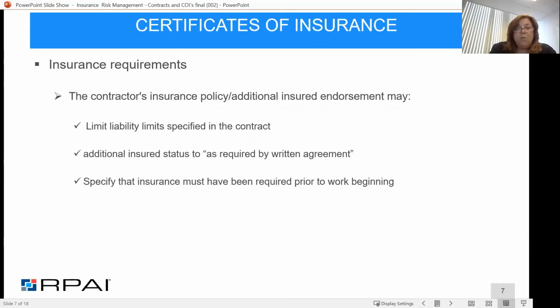So when we're looking at the certificates of insurance, what are we looking for? And what may the additional insured endorsements read? There's a lot of limitations and there's a lot of different formats. So that's why you have to make sure that you're getting the right endorsement onto the vendor or supplier or contractor's policy, and that it's being evidenced fully on the certificate of insurance.